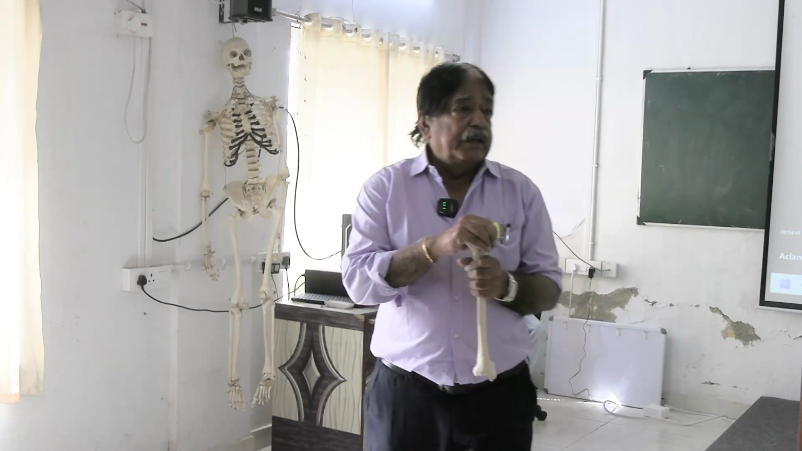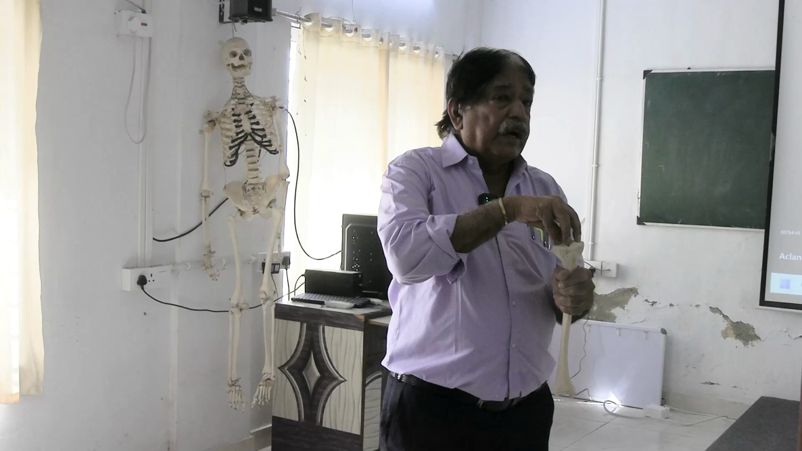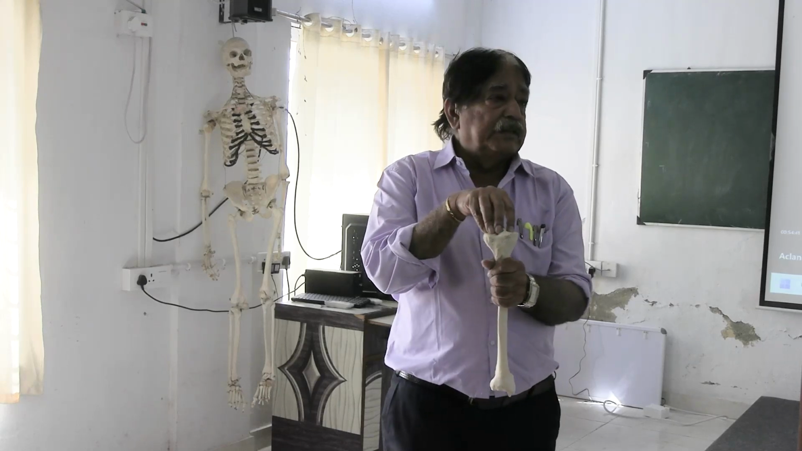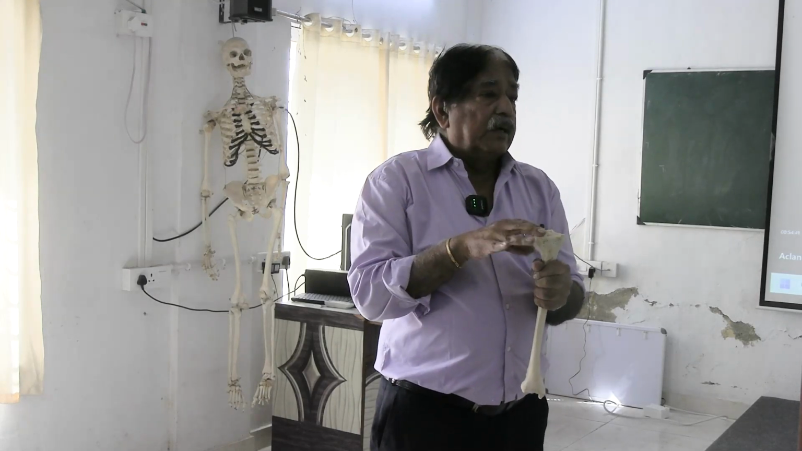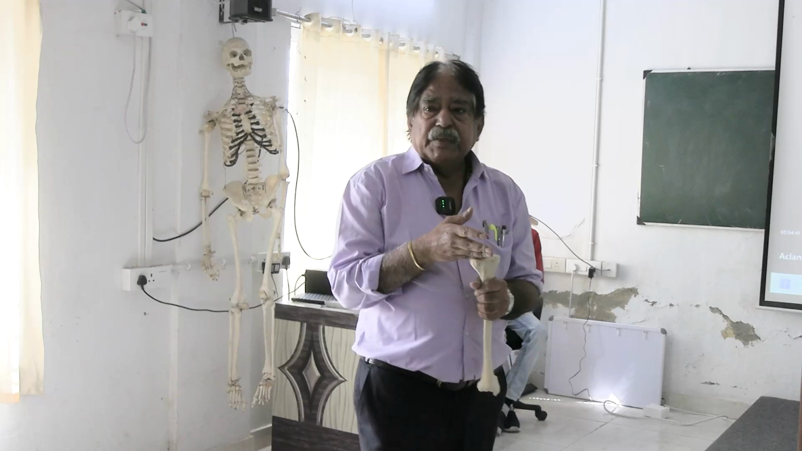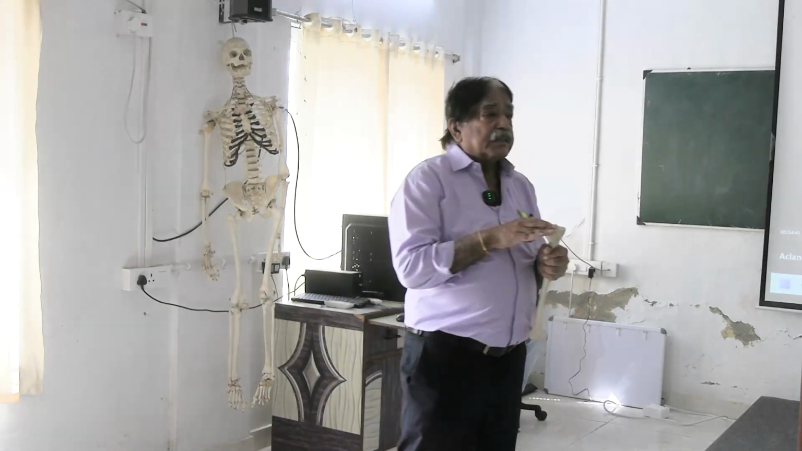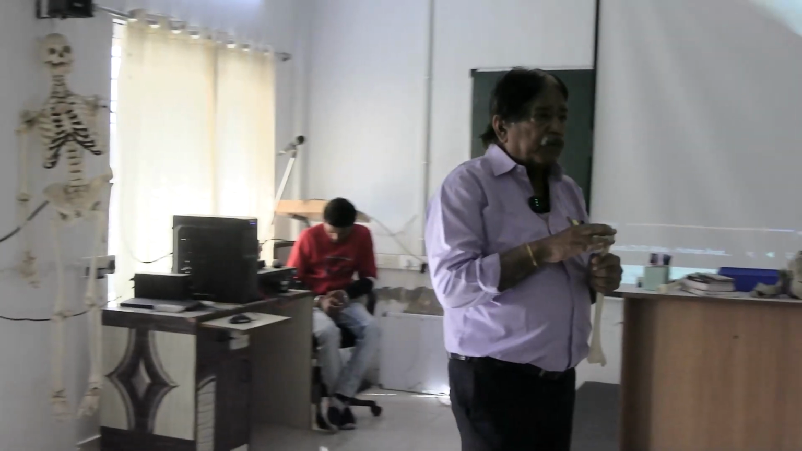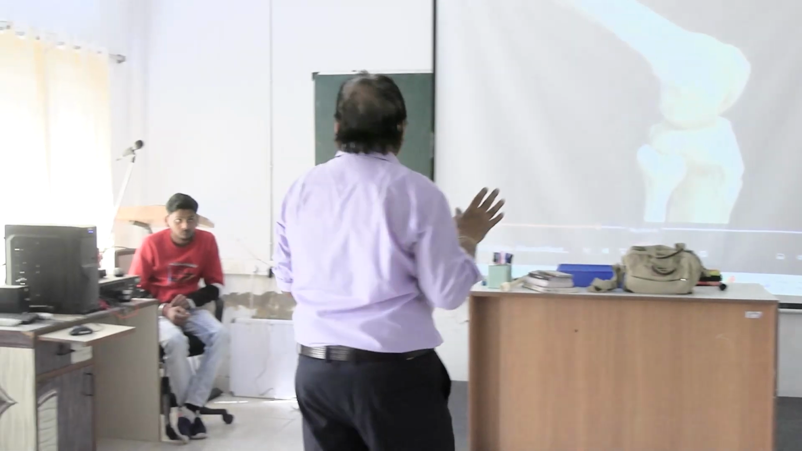Now the upper end articulates with the lower end of the tibia. Now it's a synovial joint and it is surrounded by cartilage and synovial fluid. And see one thing,